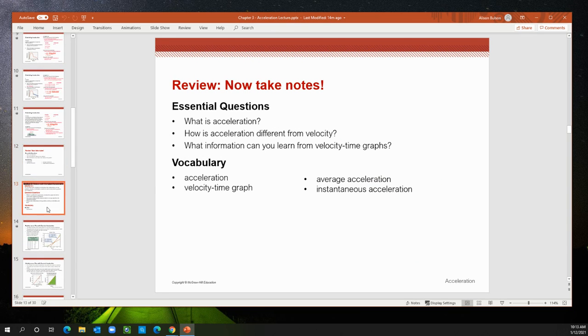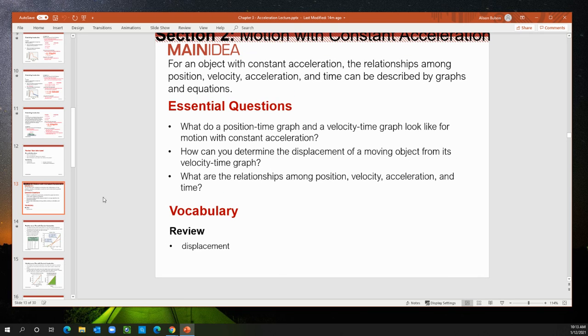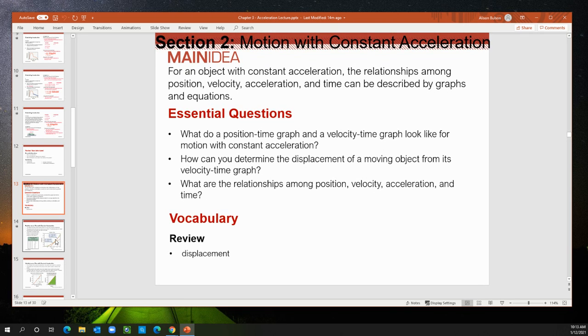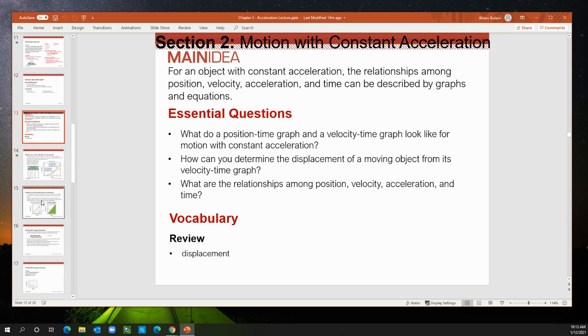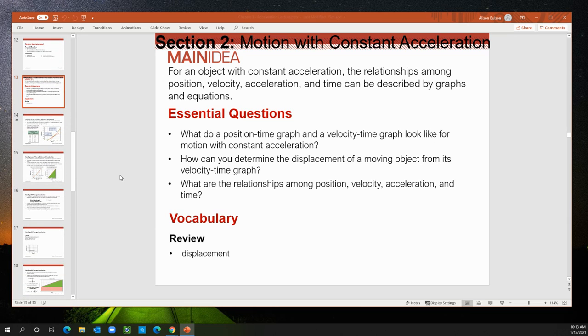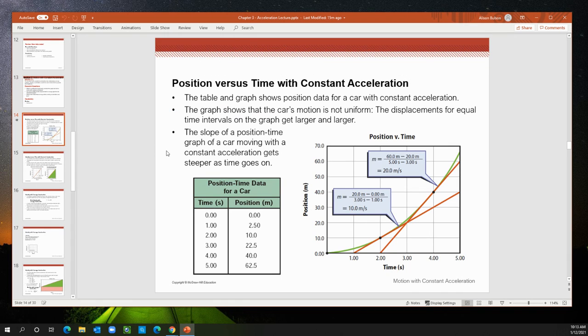In section 2, we're interested in using the velocity versus time graph to develop a mathematical model for velocity and displacement. This will go quickly and we'll need to return to these ideas a few times, but I want to introduce you to the ideas. So first, what does a position versus time graph look like if acceleration is constant? Unfortunately, this graph has some tangent lines drawn,